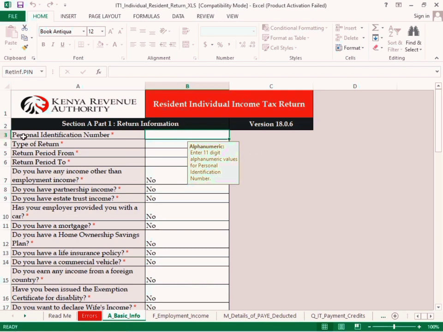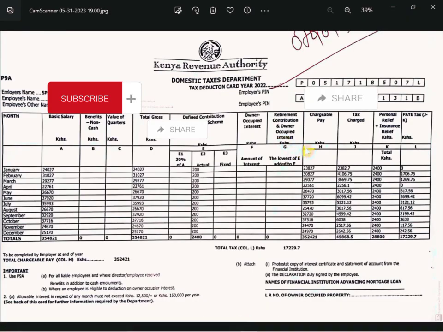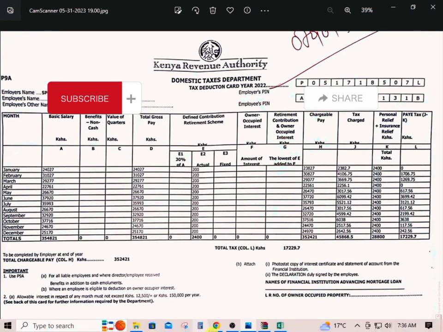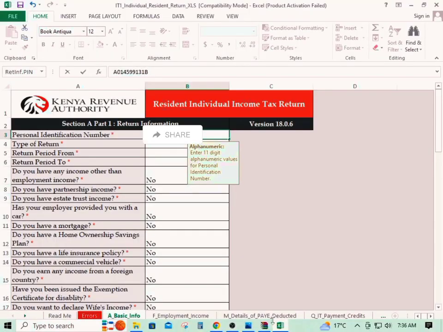At first, here you will be required to fill the personal identification number. This is the KRA PIN, your KRA PIN. In this box you fill the KRA PIN that you are filing the returns for, and this PIN is on your P9 form. This is the employee's PIN. You're filling the PIN there. Then from there,